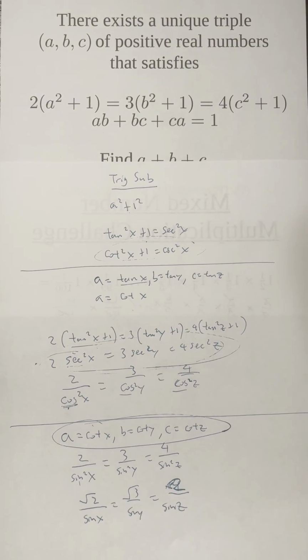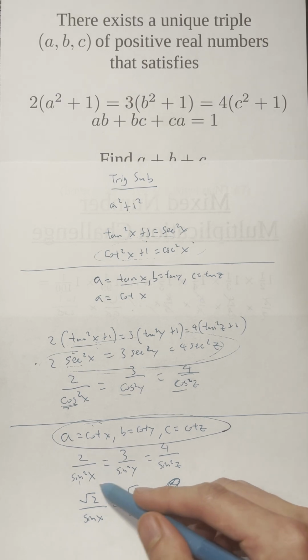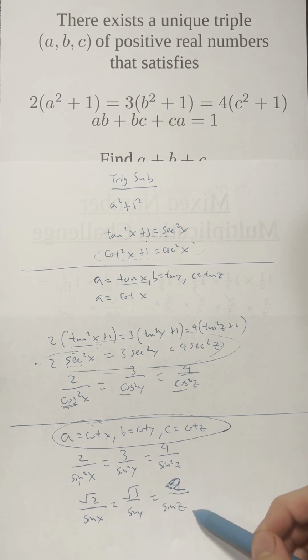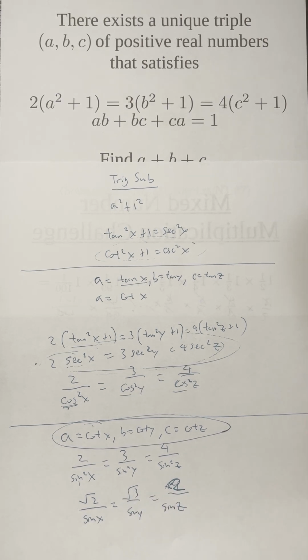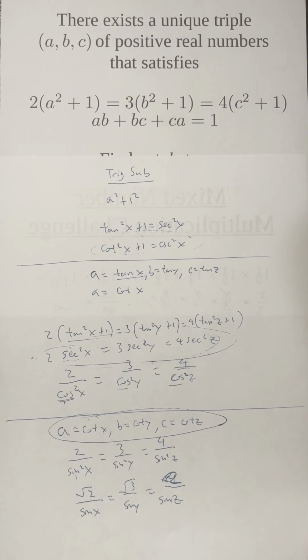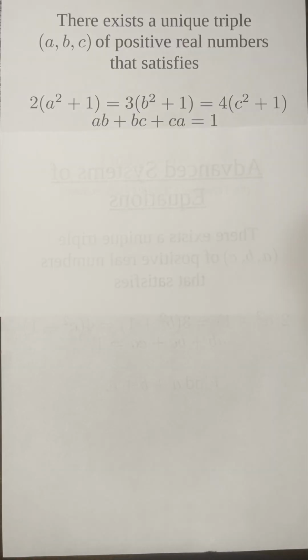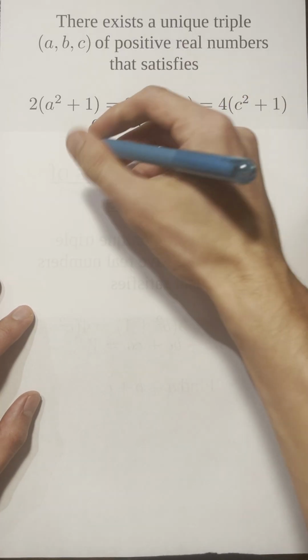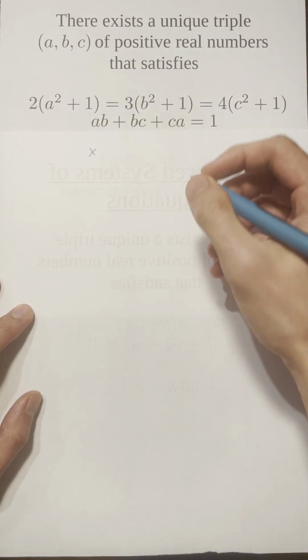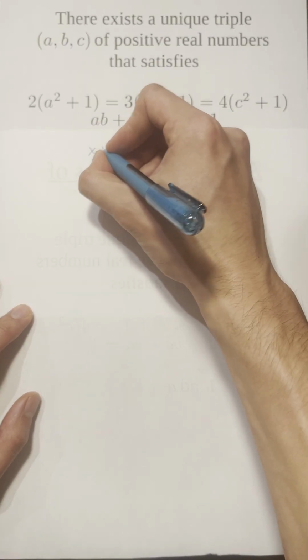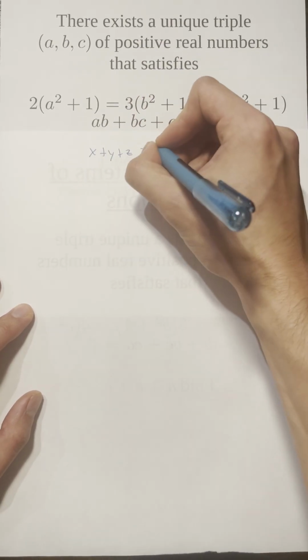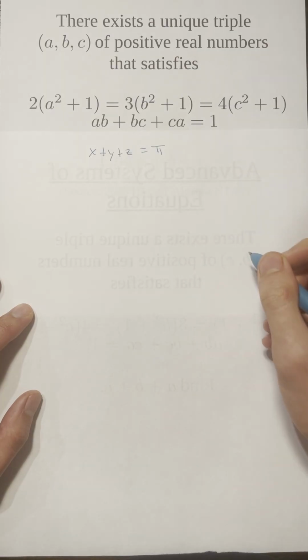With this, x, y, and z are the angles of a triangle. So basically, if x, y, z are angles of a triangle, then we have x plus y plus z is equal to pi radians, and we have,